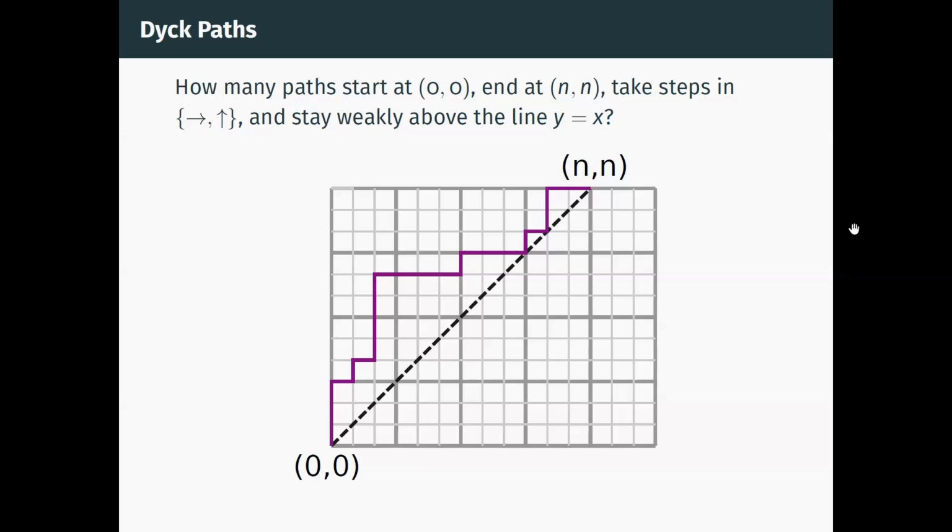Of course, these are counted by the Catalan numbers, and there's multiple ways of deriving that formula. But I want to remind you of one of the classic ways of deriving that formula, which is instead of counting the paths that do stay above, you might consider the paths that actually do go below this line. And so here we have a path that goes below the line at two different points, or two different regions.